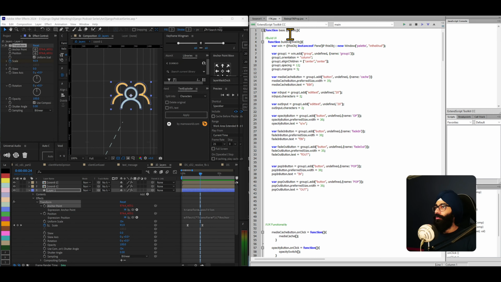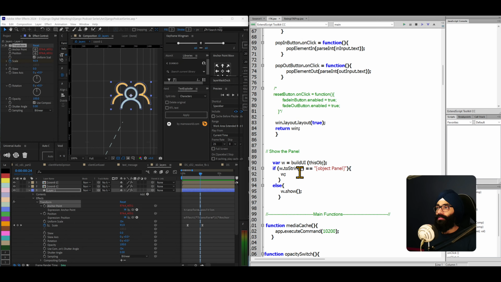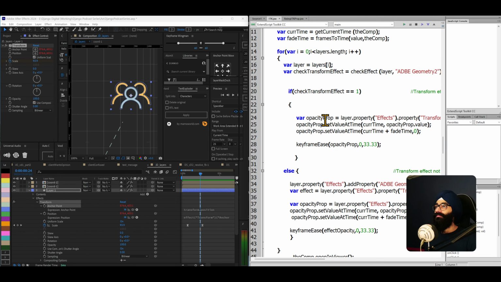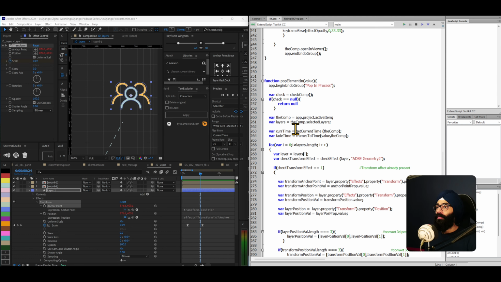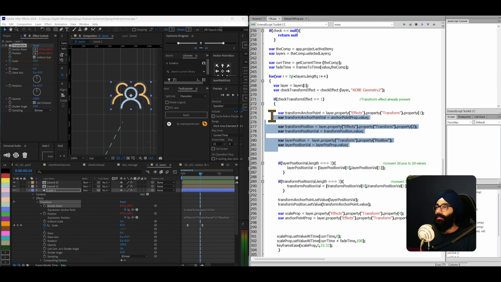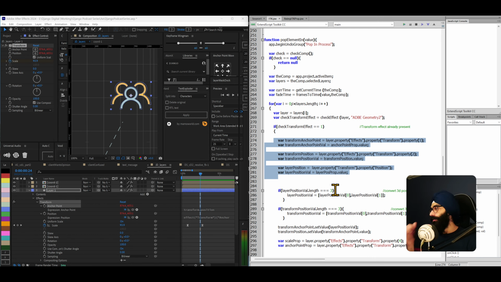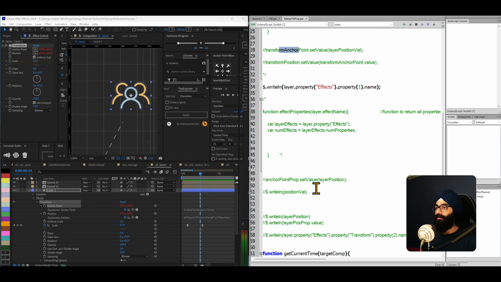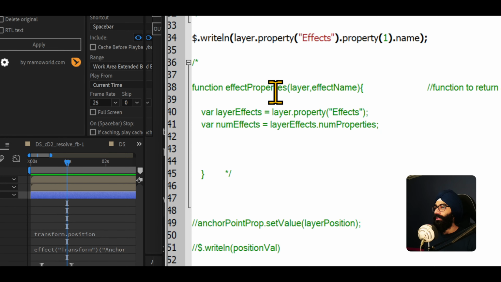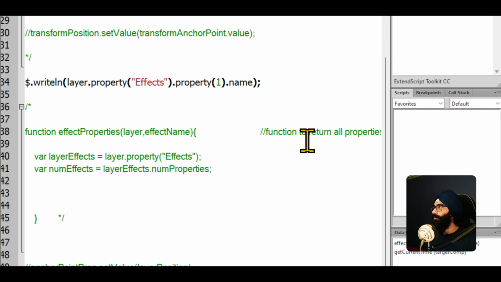However, what I want to do is come into the code script, which you see on the right side here, to the point where I have these 4 functions for pop element in, fade out, pop element out. If I add all this information 4 times, it makes no sense. So the thing I want to work on moving forward is how I can make functions that will return properties. I was already working on this function at the bottom, function effect properties. This is a function to return all the properties of the effect.